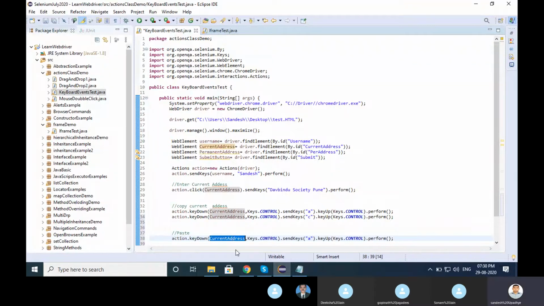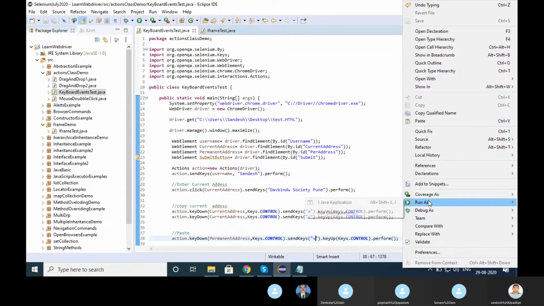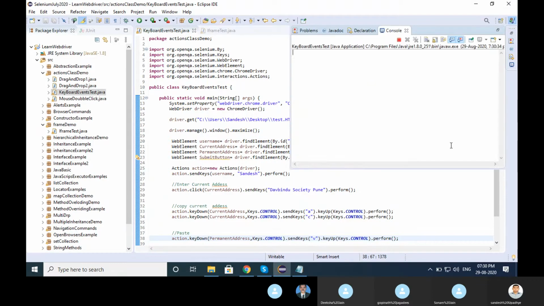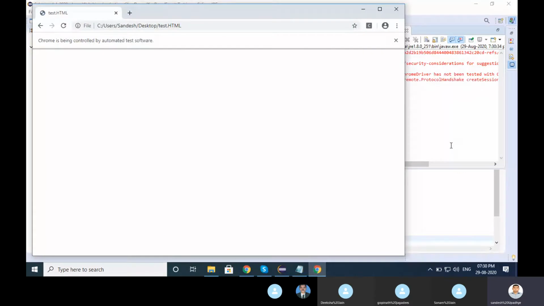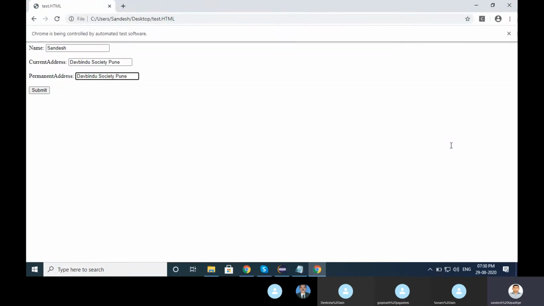Instead of the current address, permanent address. Action key down, current key. So the agenda will be here. I want to pass one name as Sandesh. The window, okay, it's working.